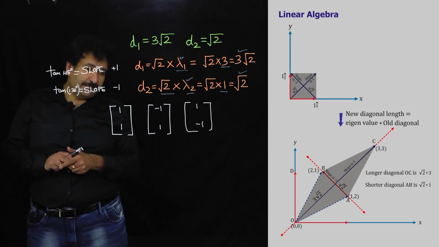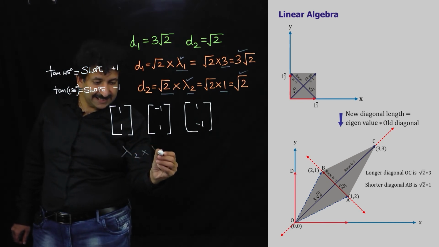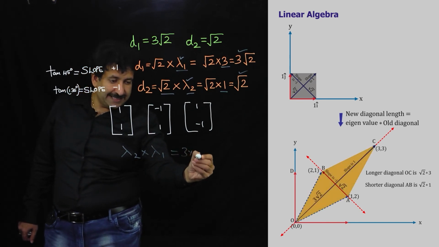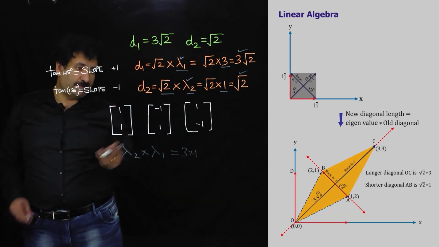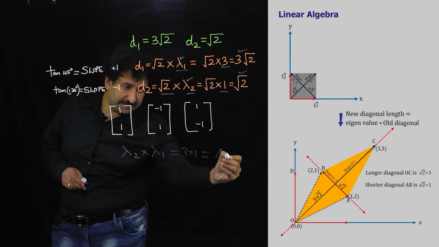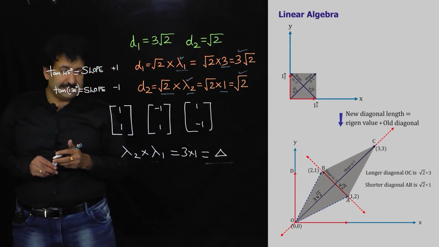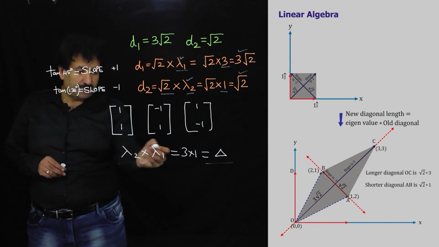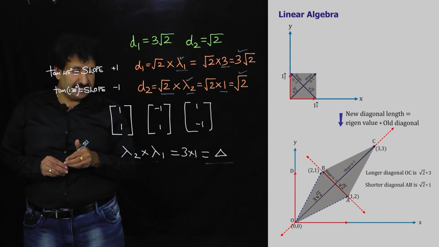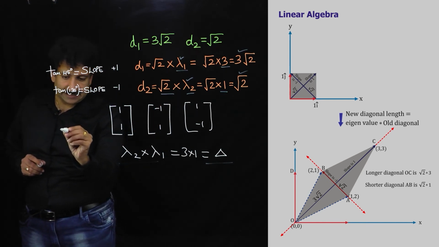And also please remember one thing: the product of these eigenvalues, that is 3 and 1, is nothing but the area of the rhombus, because that is also equal to the determinant of the transformation matrix. This fact we had established during the discussions of the beginners module: the product of eigenvalues is nothing but the determinant of the matrix, and here the transformation matrix that we used is given by